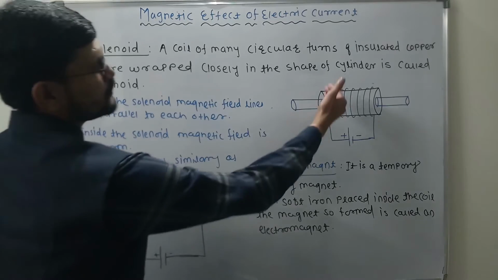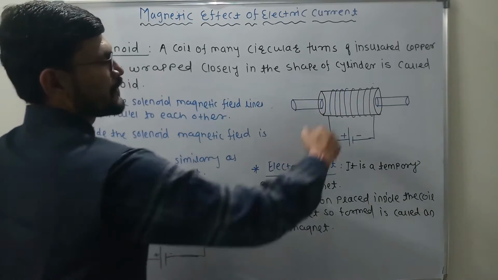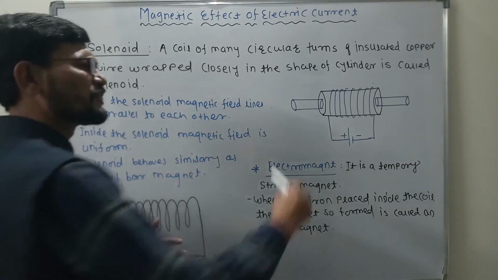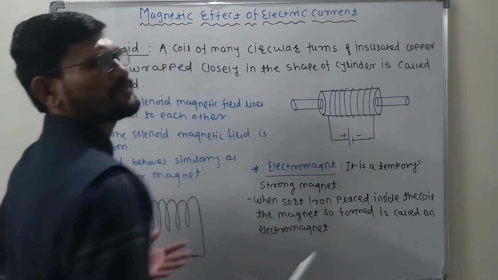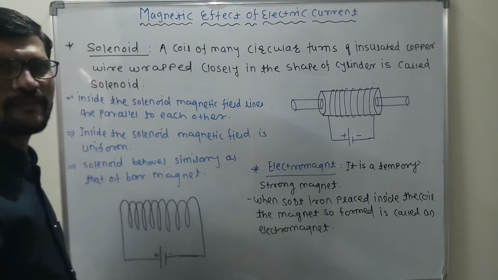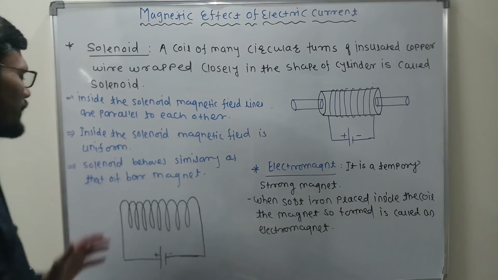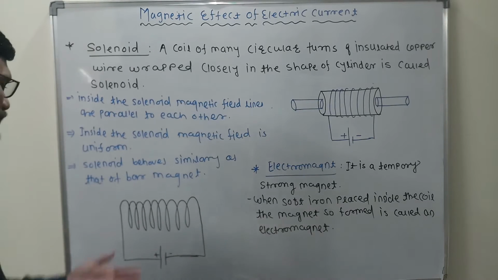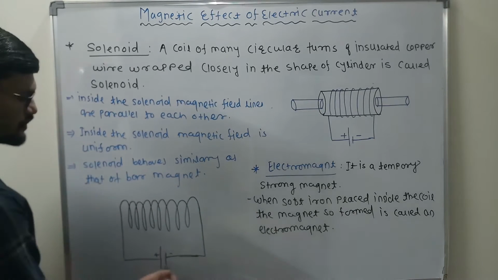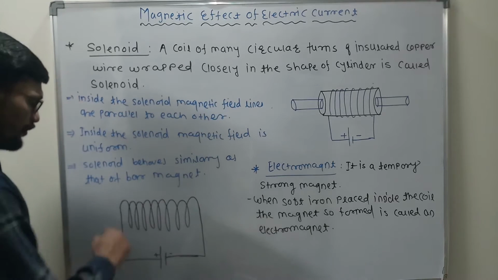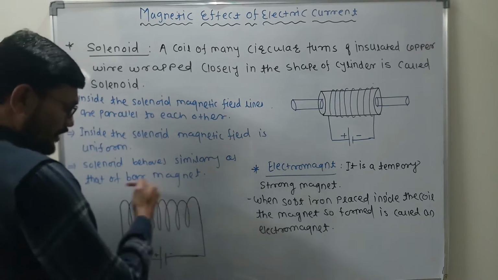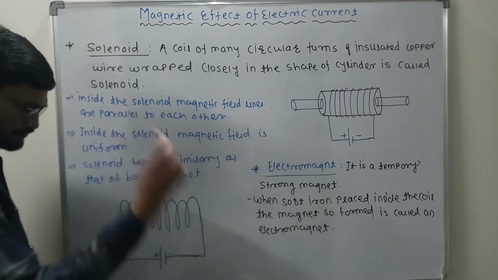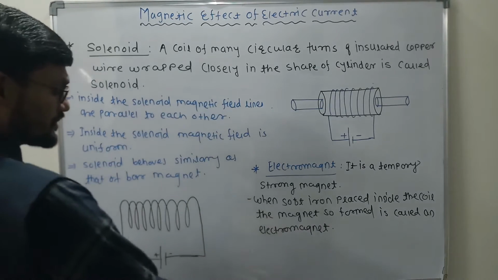Clear? As you can see in that diagram also, this is one cylinder, and on that cylinder, how many coils are wrapped? There are n number of coils wrapped, which forms the solenoid. Any problems? Very good. But you can observe the exact diagram over here. This is also the diagram of the solenoid. What do we observe? When the battery is connected, obviously there are a number of turns, isn't it? And that forms the concept called the solenoid.